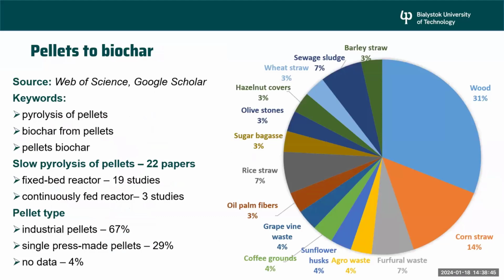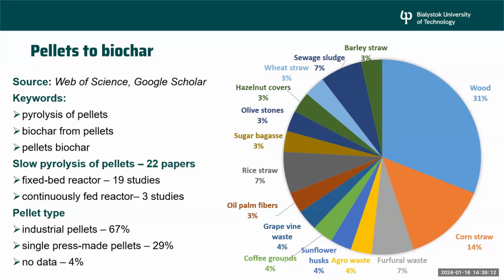And I made a short literature scan about how pellets are transformed to biochar. I was digging in Web of Science and Google Scholar and checking keywords such as pyrolysis of pellets, biochar from pellets, and pellets biochar. And I detected currently 22 papers that are detailing slow pyrolysis of pellets, from which 19 of them were studies